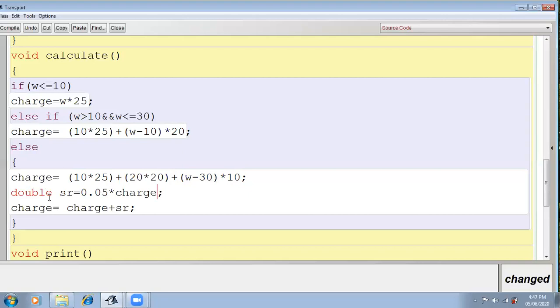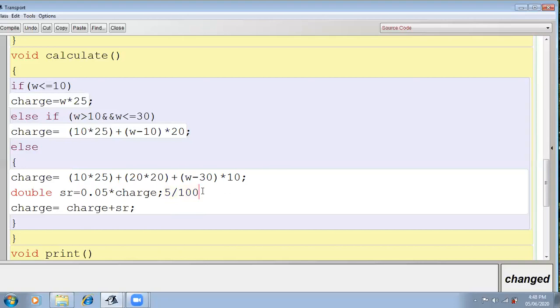Okay, so here it is not given in the question that we have to declare any instance variable for surcharge. That's why only in this else block I am declaring the double surcharge. Why double? Because we are calculating 5%. If we write 5 divided by 100, obviously it is going to be 0, because this is the division sign. It gives you the quotient, without fraction values. So it will give you 0.